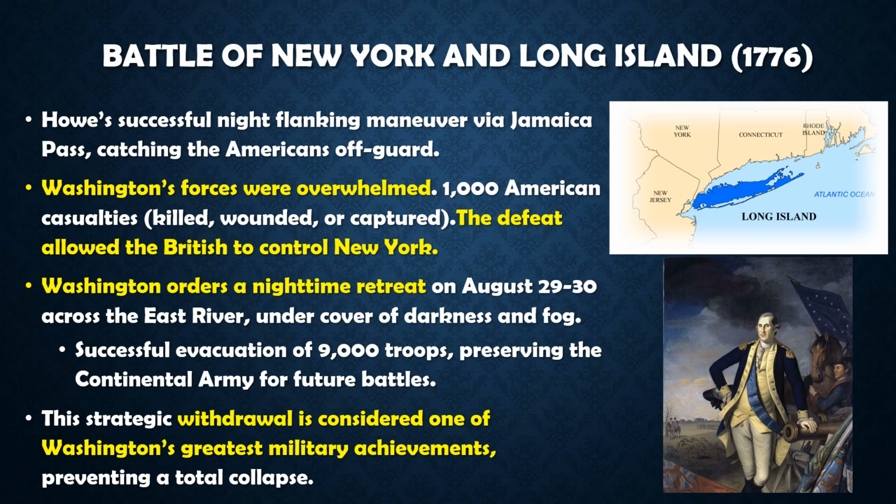Washington and his men would have to retreat into Long Island, which was an area outside of New York City. Specifically, Washington and his army could have been trapped by the British on Long Island, and the war could have ended at this point. However, Washington knew that if they were caught, the war would have been over. So he had to think really outside the box with this next order. What he eventually did is order his men to retreat at night.